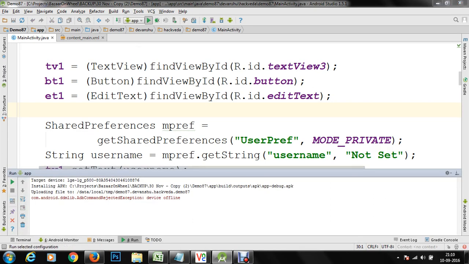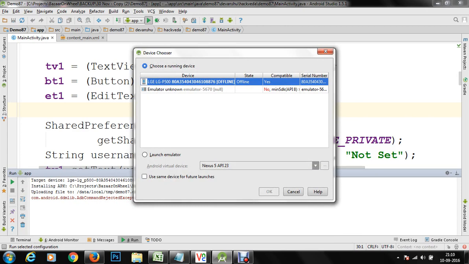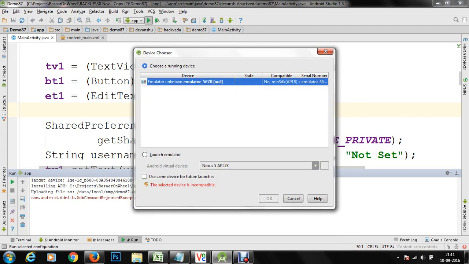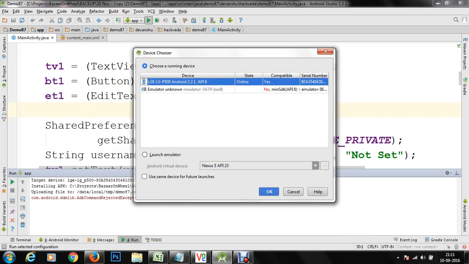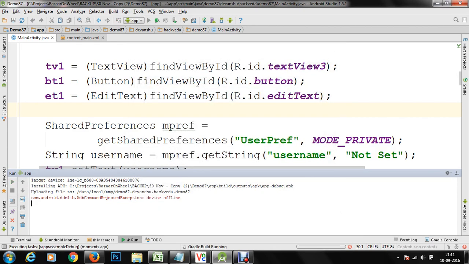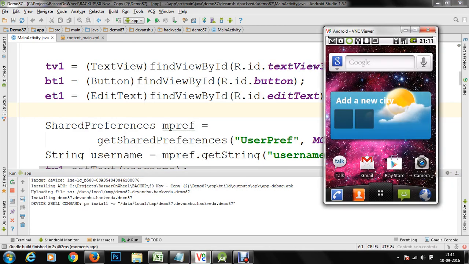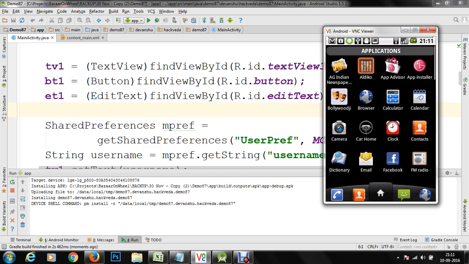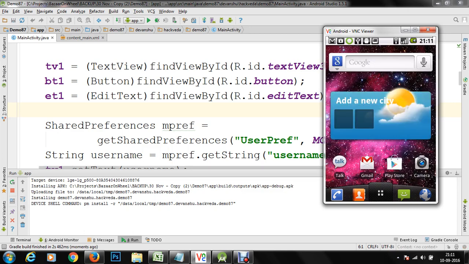So the device was offline at the moment. Now I guess I need to connect that again. So now the device is live. Let's click on OK. The application is running. I just connected my mobile device. We're going to display the application within my Android VNC viewer.